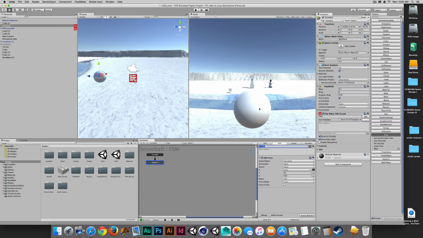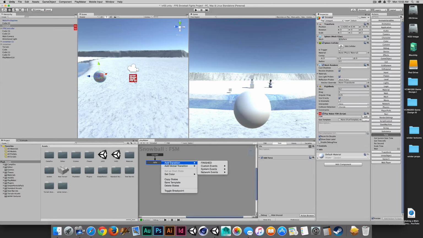So I have my snowball selected. Now remember, this is the thing that just goes flying through the air. And on this state, normally I would call this idle because it's just doing whatever it's programmed to do in this state, which is adding force. I'm going to collapse the add force for now. I'll come back and take a closer look at that later. But what I want to do is add